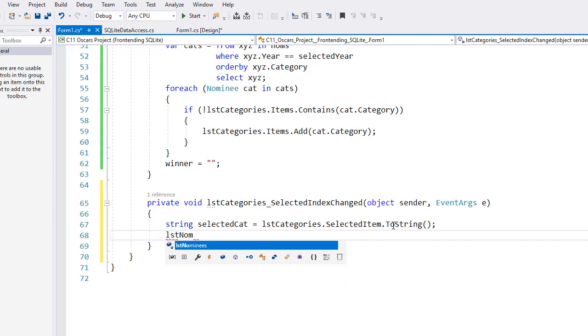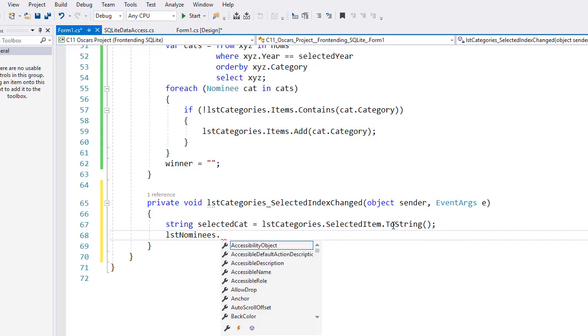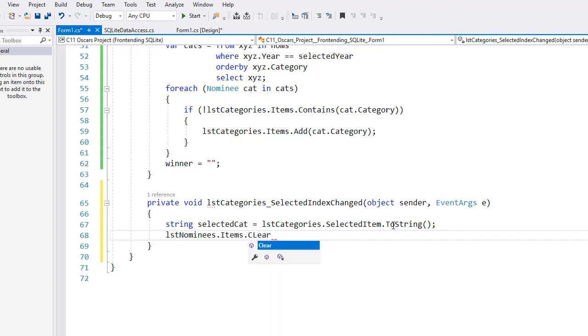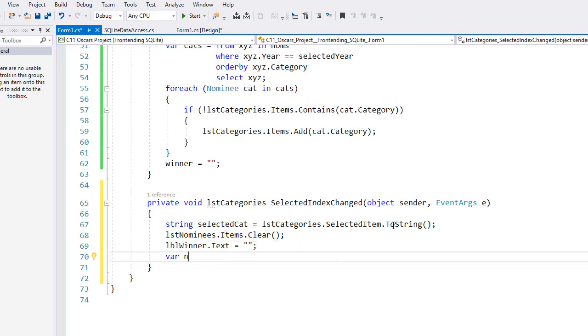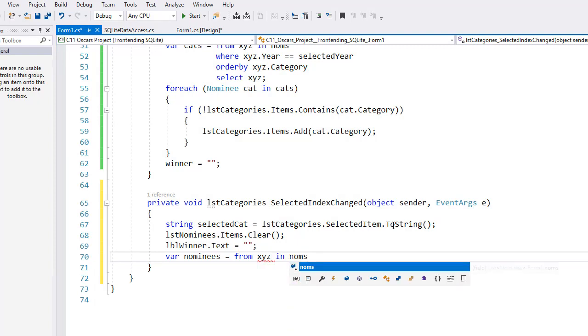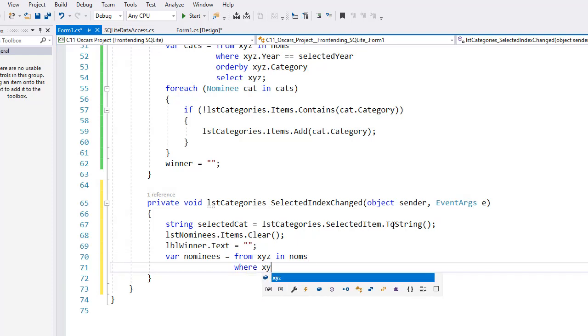Once again, we're going to clear out anything that's in that LST nominees list box. Clear out anything from LBL winner. And once again, we'll use a LINQ statement. I'm just going to call the variable nominees. So we'll do it from XYZ in noms, where XYZ dot year equals our class level variable of selected year,